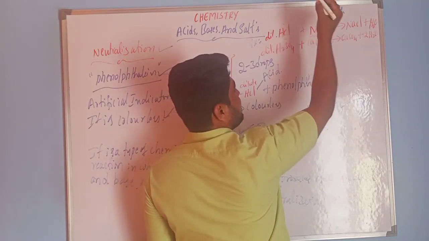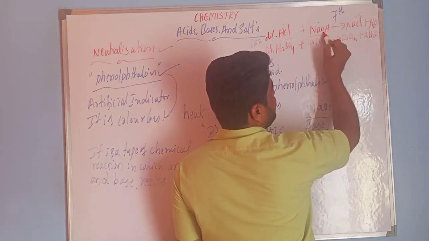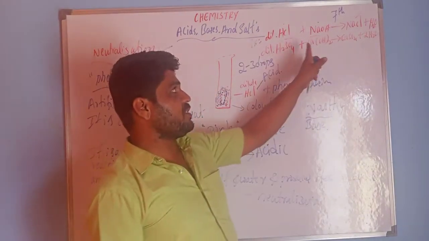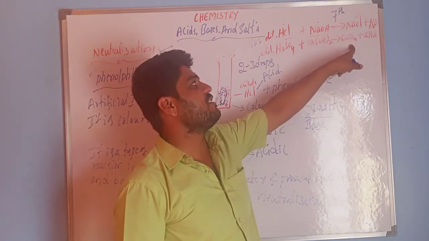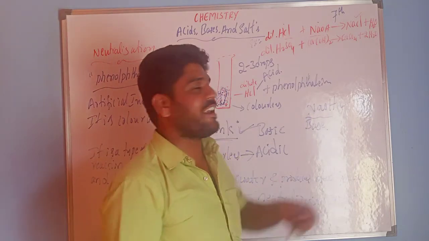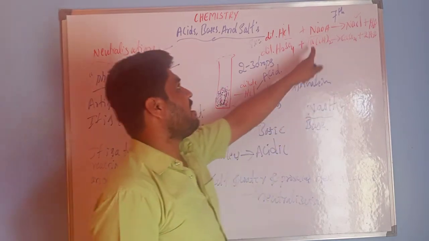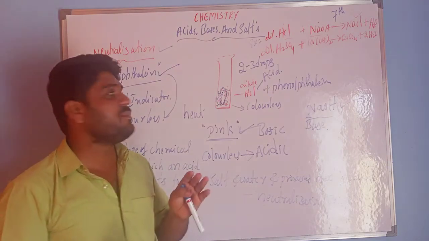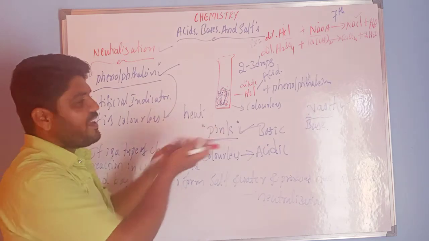So hydrochloric acid reacts with sodium hydroxide, which produces sodium chloride and water. Sulfuric acid reacts with calcium hydroxide, which produces calcium sulfate. This gives a turbidity reaction. Turbidity means production of a salt. So this is calcium sulfate plus water. These are the examples for neutralization reactions. This is a very important class. You should understand the concept. This is also very easy.